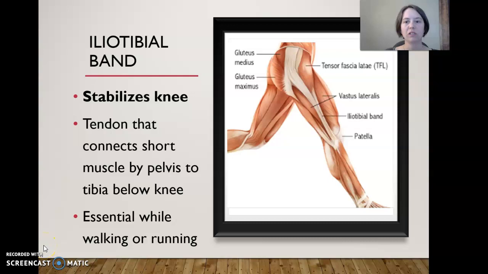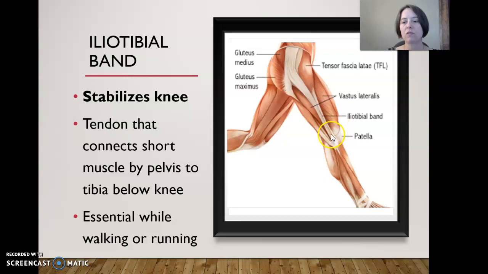It's a pretty important tendon. Another interesting thing is that the iliotibial band is prone to overuse injuries, particularly in runners, called IT band syndrome. And most often what happens is you get pain around the knee, and that is maybe at the spot or